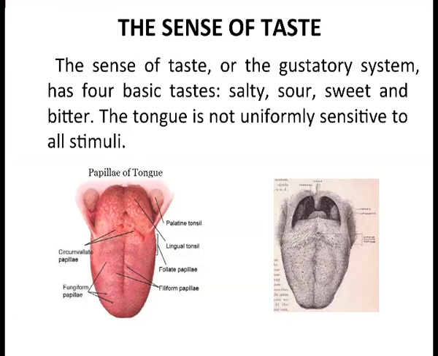For example, the back of the tongue is sensitive to bitter stimuli and the tip of the tongue to sweet. The sides of the tongue respond mainly to sour stimuli,